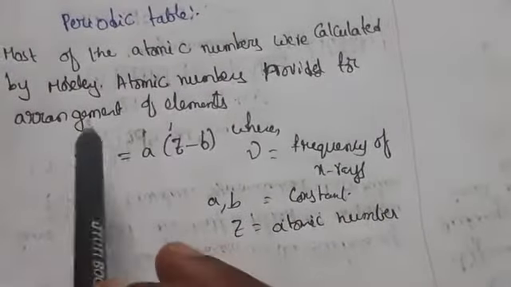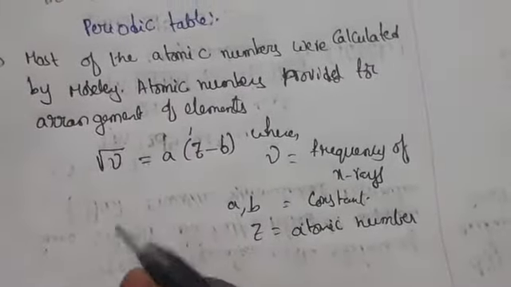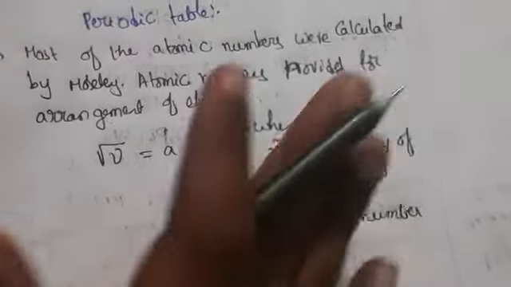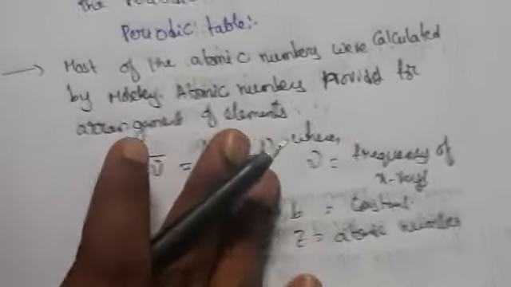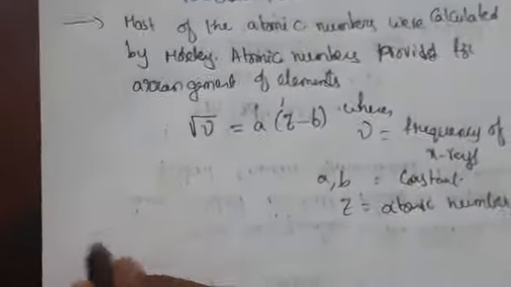According to Mendeleev's periodic table, afterwards it was modified. Mendeleev's periodic table was modified and this is known as the modern periodic law. So according to the modern periodic law,